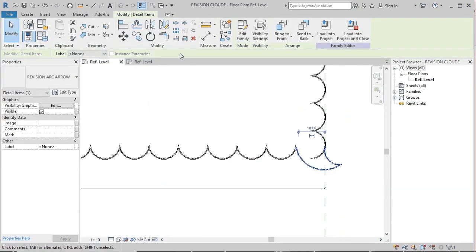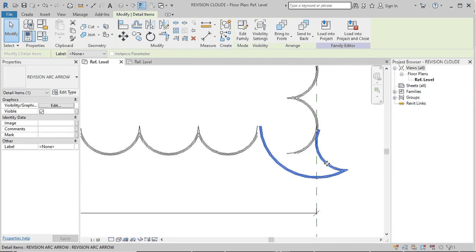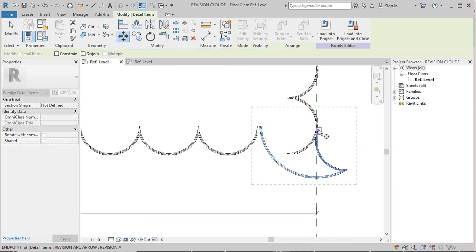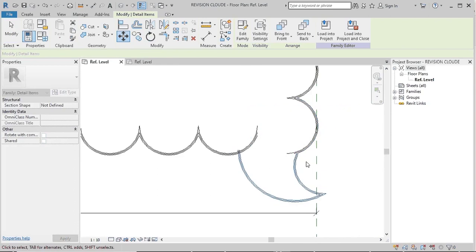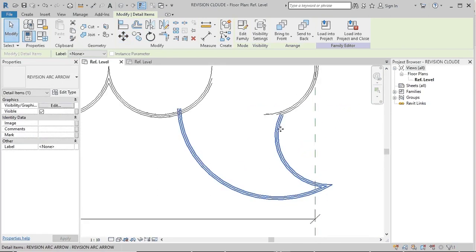So you can arrange the arc in a proper way. Put it a little bit down, which is much better for us. Align the baseline also.